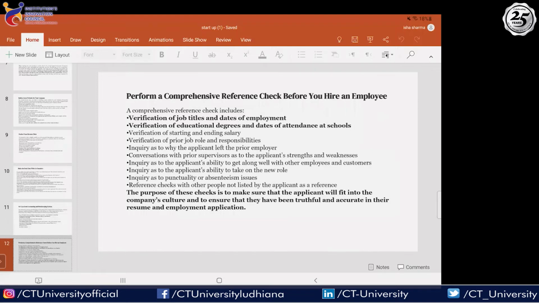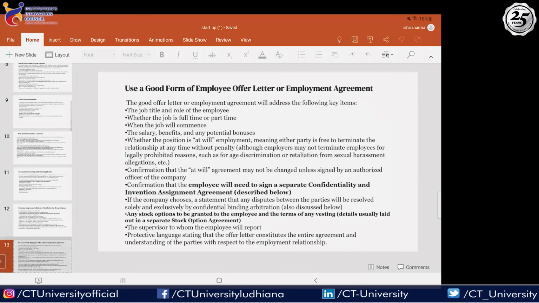Then, of course, when you are expanding your employee and team strength, you need to cross-check and validate their previous qualifications and previous job titles. More than that, whether they are actually in sync with your idea or not. Because most of the time, and it usually happens in startups, the retention rate is very low. Unless they are in sync with your idea and your vision, they will not stay for a very long time. So that is where you need to focus whenever you are expanding your teams.